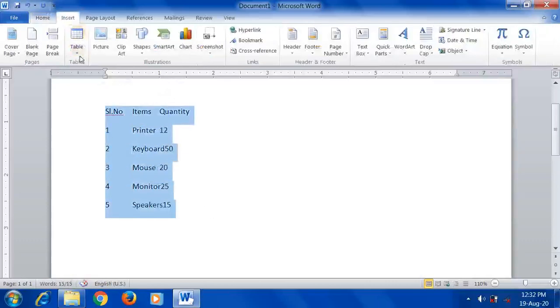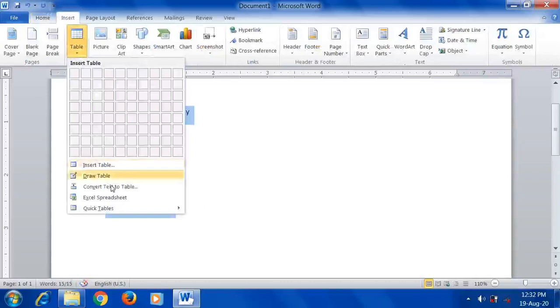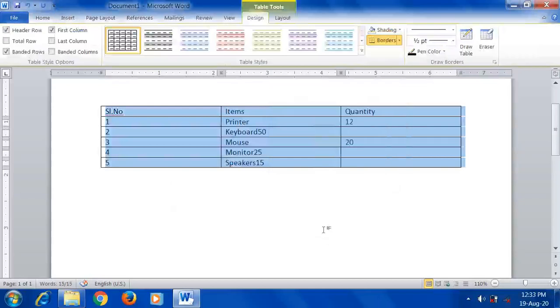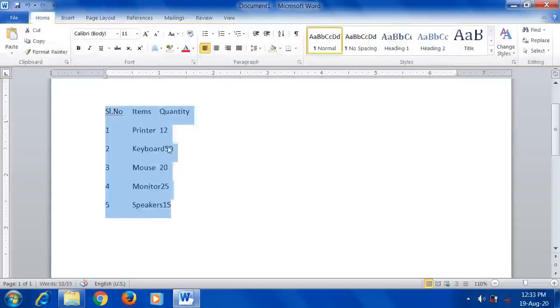Then go to insert, select table and convert text to table. Then number of columns is 3 and click on OK button. And now it is inserted here. No tab is given here, that's why again it is displaying this way. Let me add one tab.